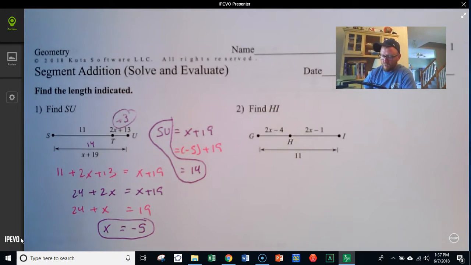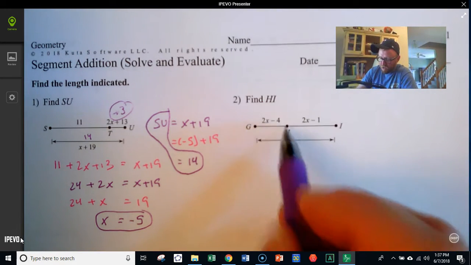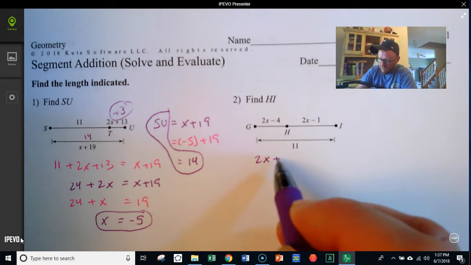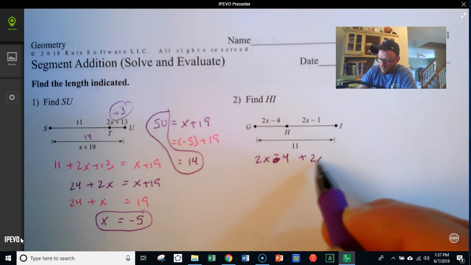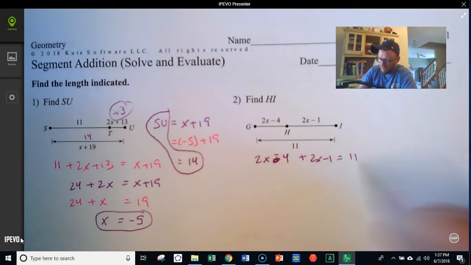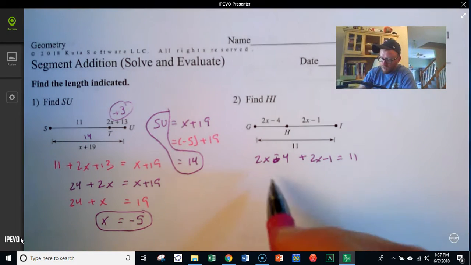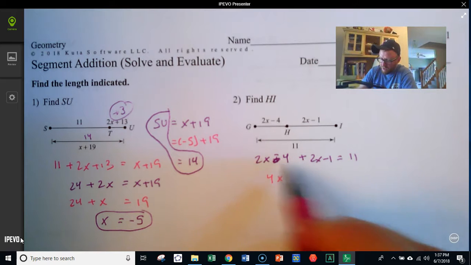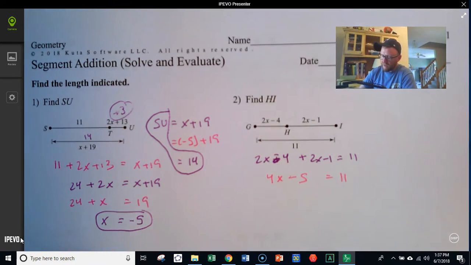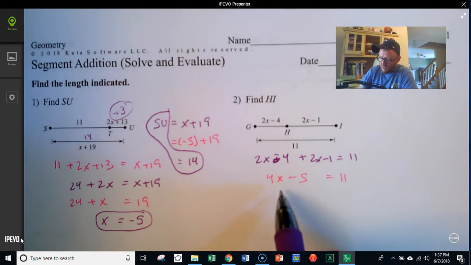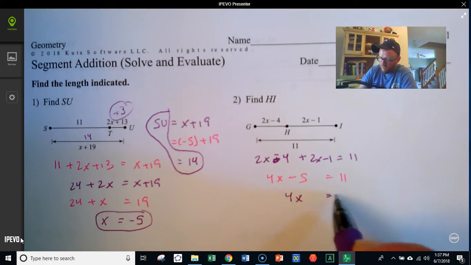All right, here we have that GH, which is 2x minus 4 plus 2x minus 1, equals 11. I've got 4x all together. Negative 4 and a negative 1 make a negative 5. All that adds up to 11. We've got, let's see, add 5 to both sides. 4x